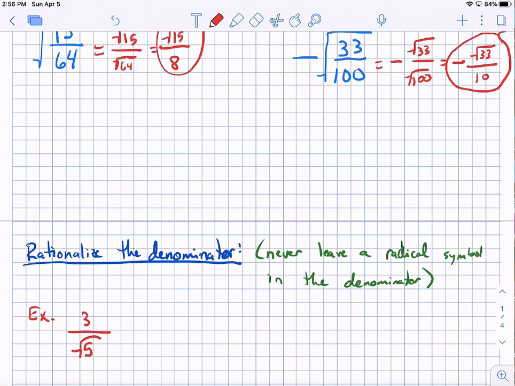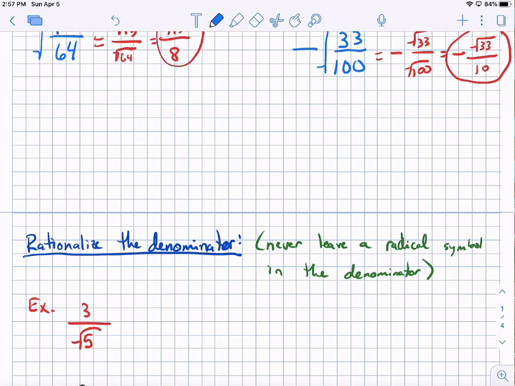Okay, so as long as I do the same thing to both, whether it's division or multiplication, it is going to be the same fraction, or it's going to be equivalent. So the reason I said multiplication is because that's how we're going to rationalize the denominator, is we have to use multiplication. We have to take the square root of 5 and multiply it by something to get it to be a perfect square. Okay, so